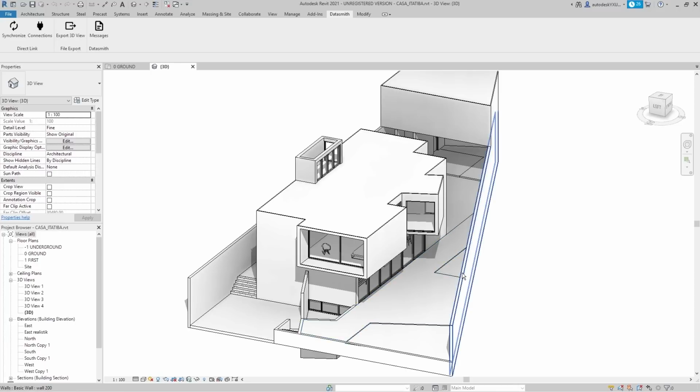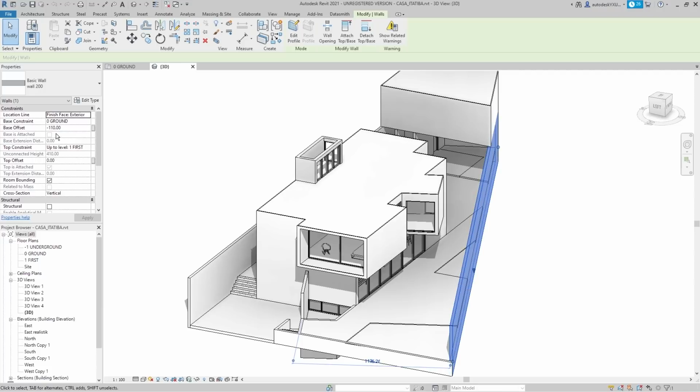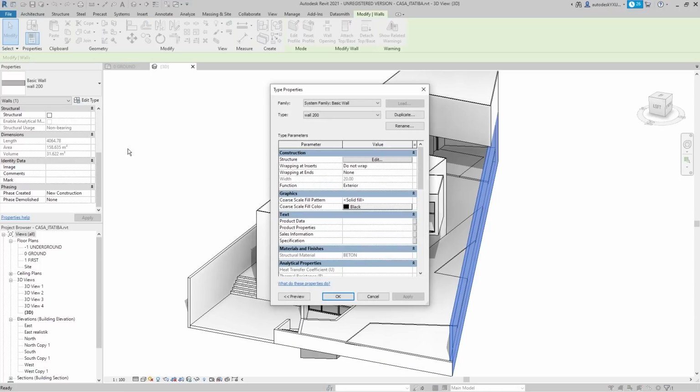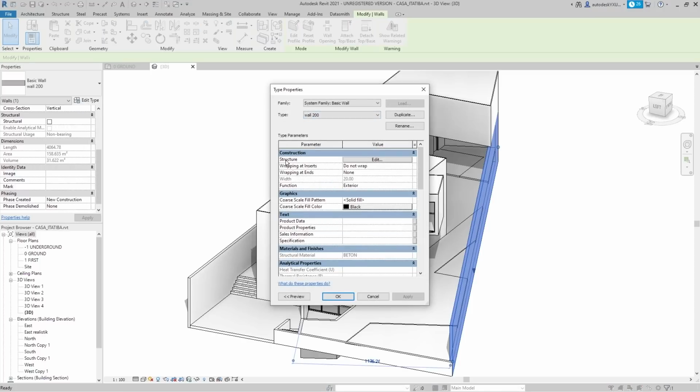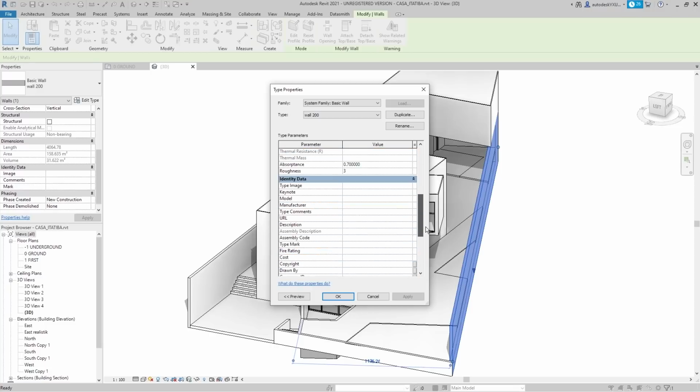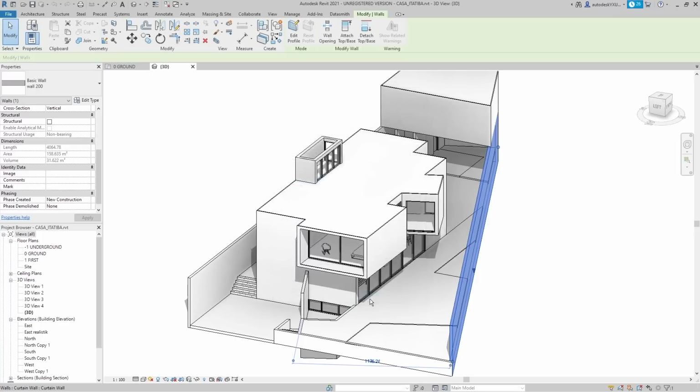So let's select the wall over here, and looking on the Properties panel, we can see we have a lot of metadata here that is already filled in for us. We have things like the area of the object and so forth. And then also, if we go to Edit Type, we've got a bunch of metadata in here, such as family type parameters down here that we can use, and we can select based on any of this information.